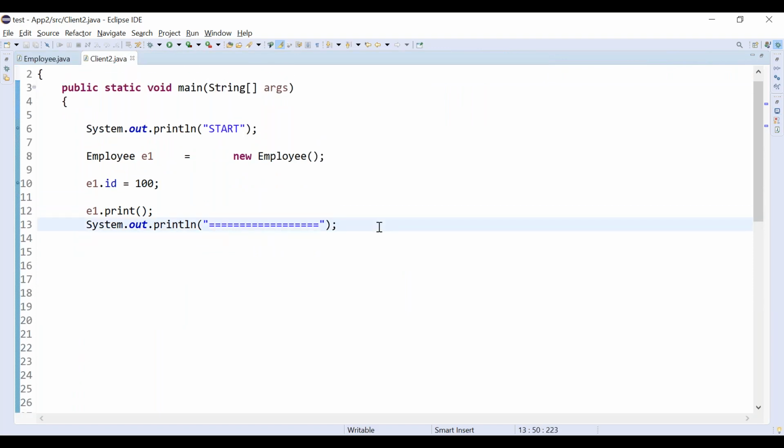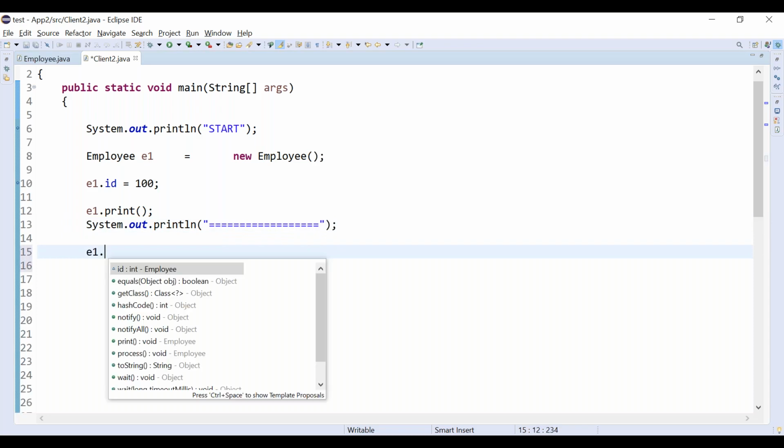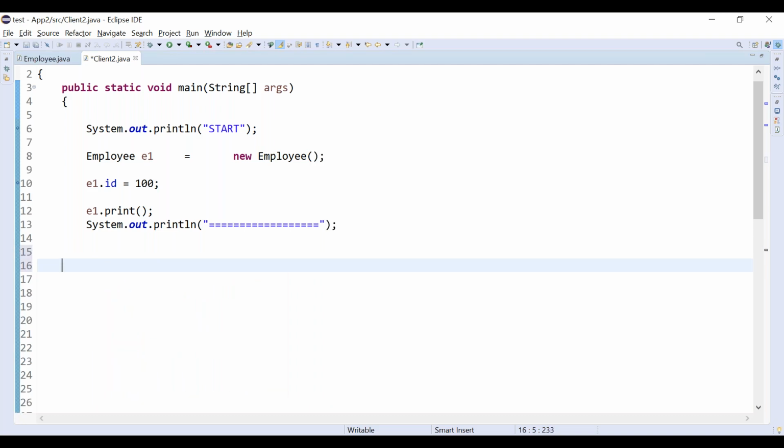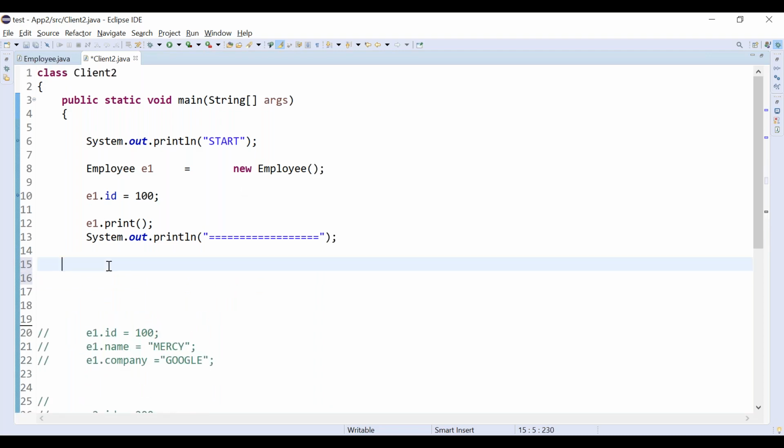Consider I am having a process method here. Listen carefully, I am calling the process method, e1 dot. Suppose you are having one more method instead of the process method.